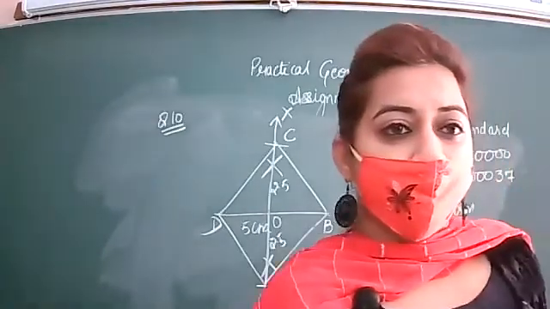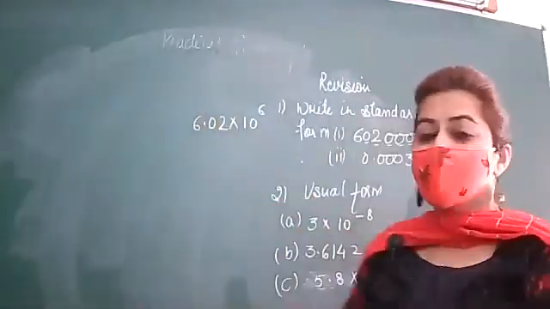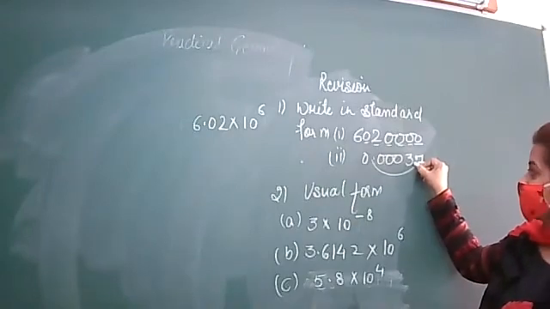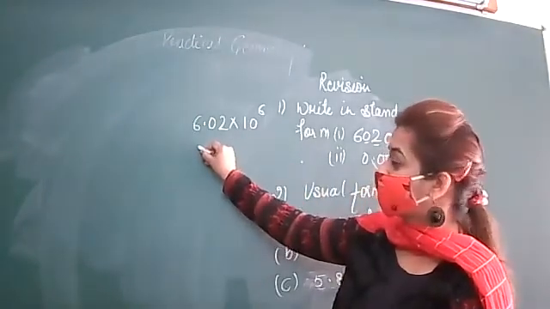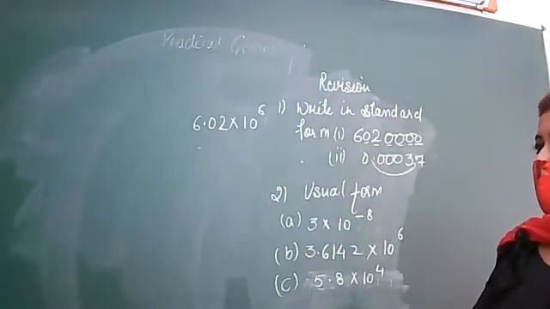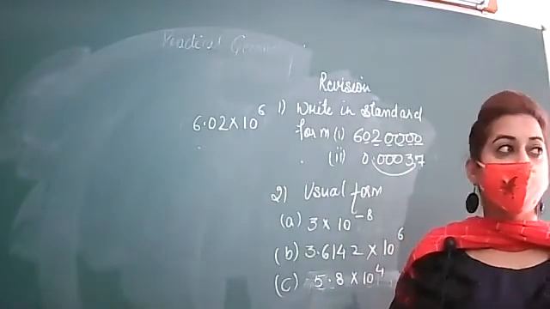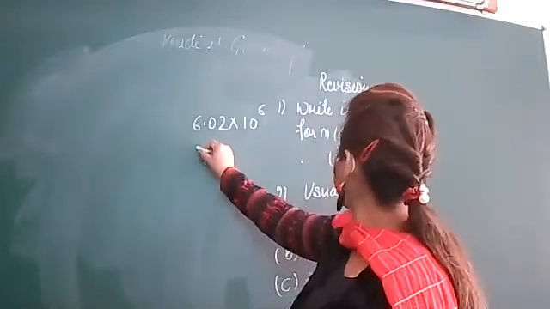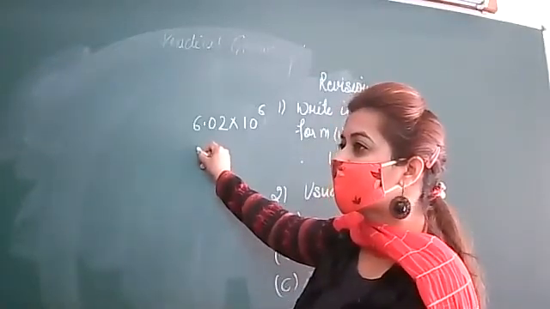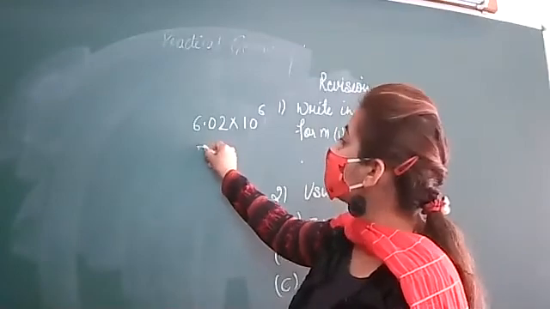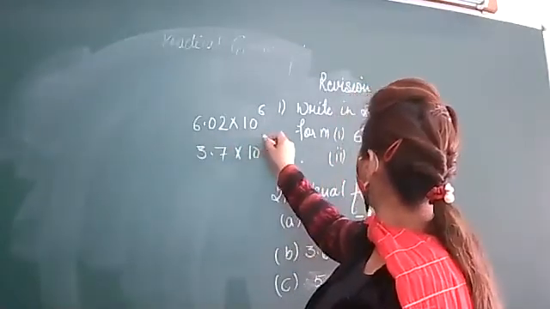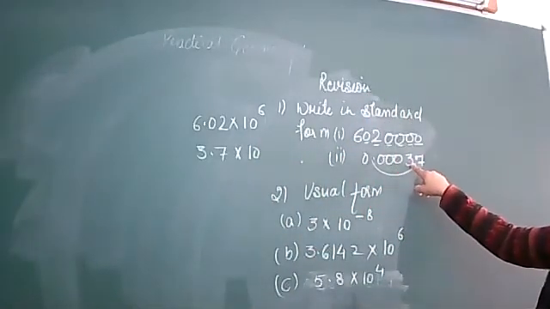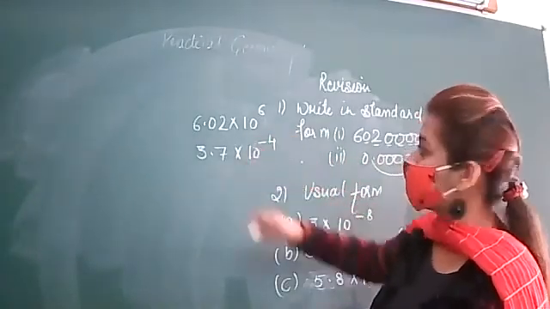Hurry up, do it. Now, the second part: you will shift the decimal up to here. It will become, yes, Laksh. What should I write here at the first place? 3.7, 10 raised to power, 1, 2, 3, 4, 10 raised to power minus 4.